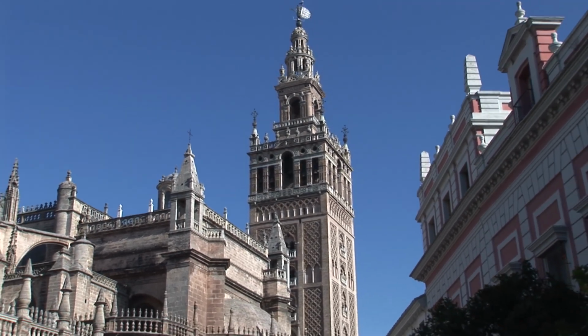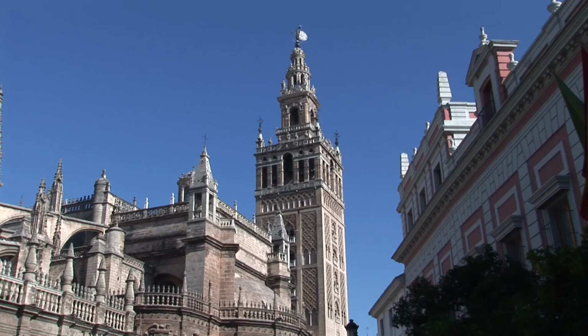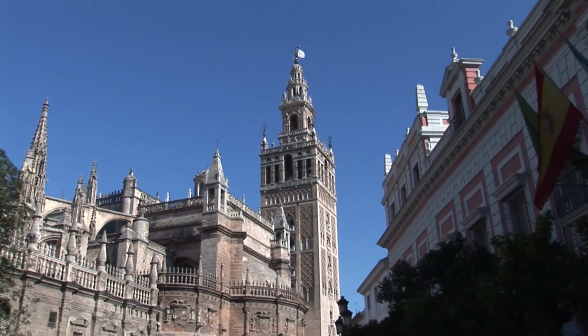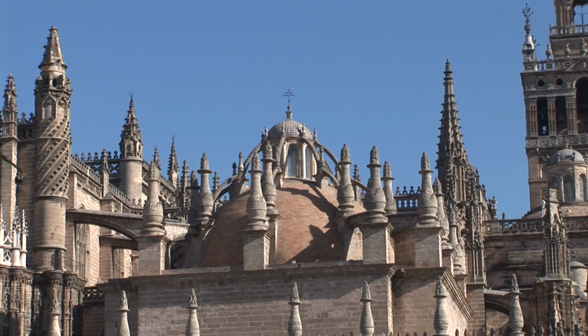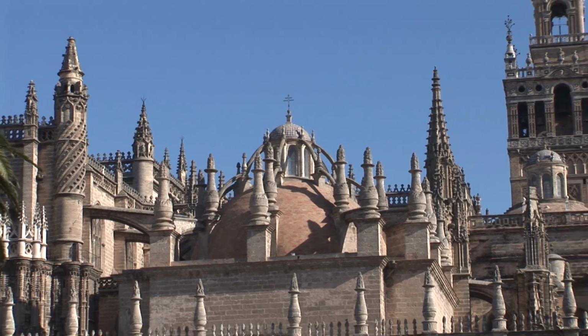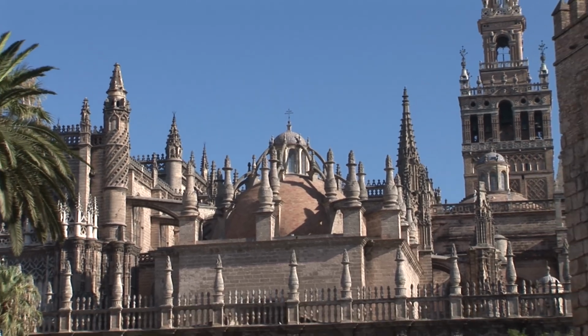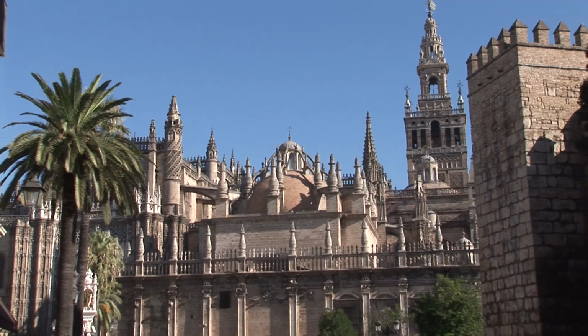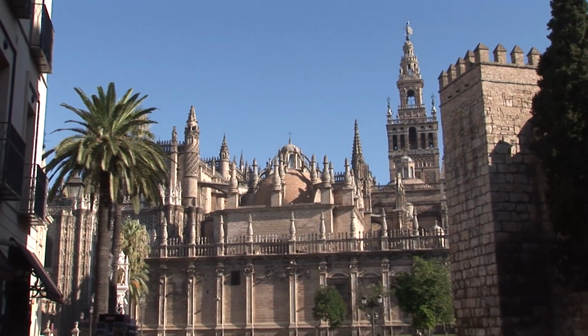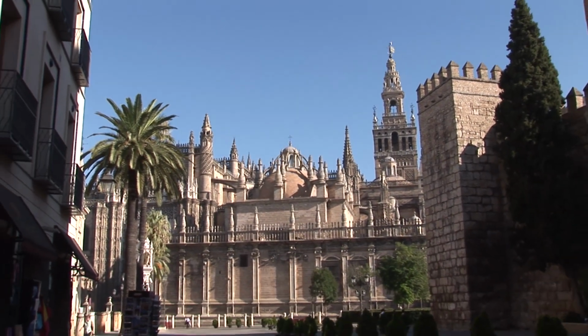The chains also marked the limits of the sanctuary that existed outside as well as inside the cathedral, a right that continued to exist until fairly recently. Before entering the cathedral, a walk around the surrounding streets will give an idea of the size of the site, for we are before the largest in Spain and one of the biggest in the world,